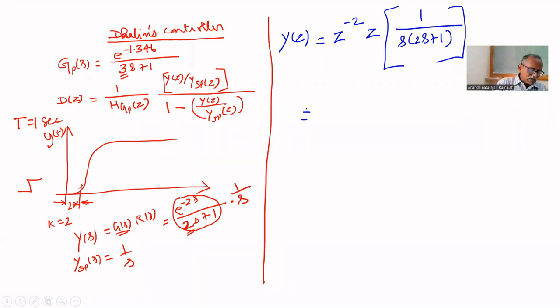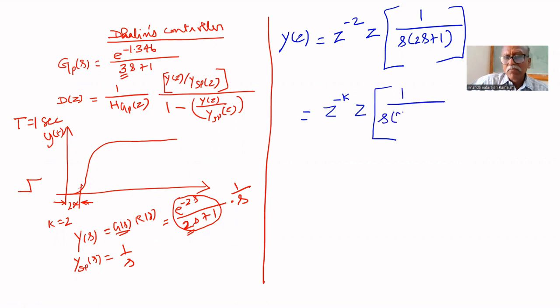I'll write the expression directly. This is equal to z power minus k, we can write. If you write the expression for a general system, the Z transform of 1 upon s multiplied by tau s plus 1, let us first write the generalized z power minus k. For this, what you will get is